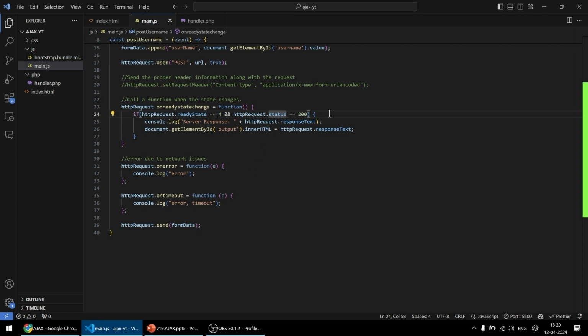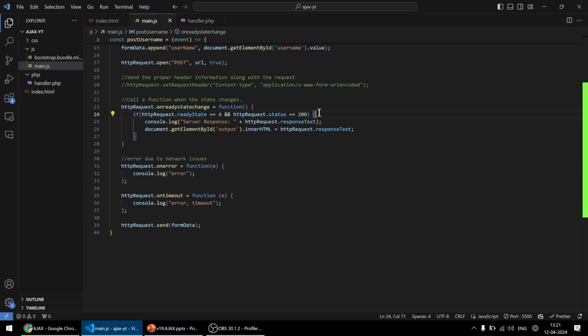And status 200 means the response from the server has been successful. We could get other responses from the server like 500, which means error, or 302, which means a redirect. So in our case, we check whether our request has been successfully sent and the response from the server is proper,